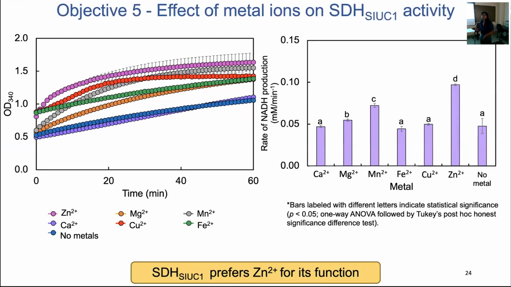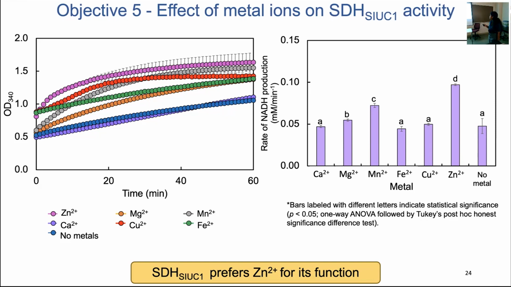And next, we wanted to study the effect of several physicochemical parameters on the STH-SiUC1 activity. First of all, we determined how the metal ligands can affect the enzyme's activity. For that, we chose zinc, calcium, magnesium, copper, manganese, and ferrous. And here in the enzymatic reaction mixture, you have sorbitol and one of these metal ions at pH 7 reacting. And here we have the rate calculation for this